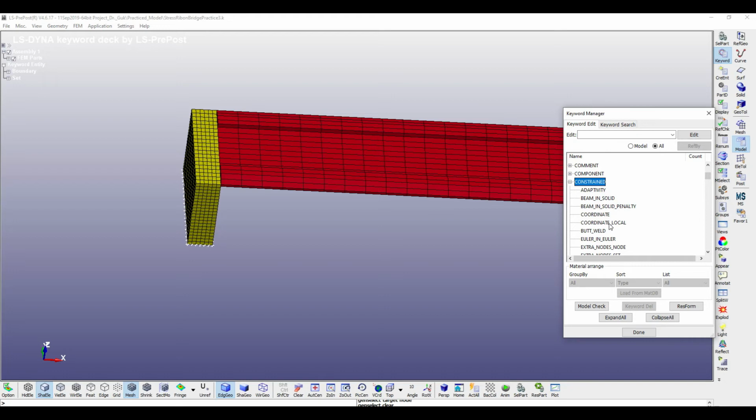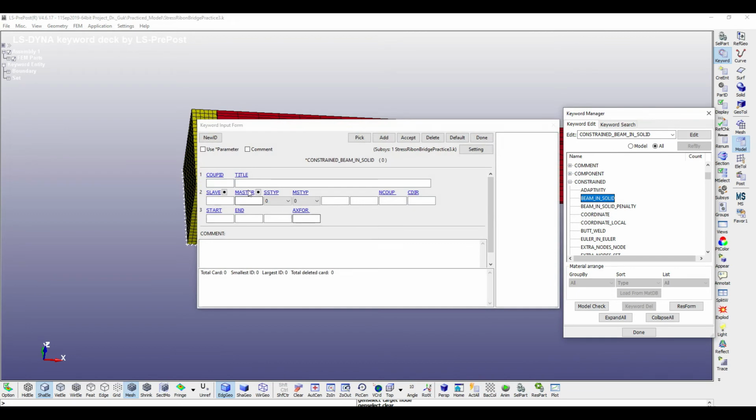So one is the cable embedded in abutment, one kind of constraint, and another one is cable in deck. So we will select this one first, and then we will name the title one by one,